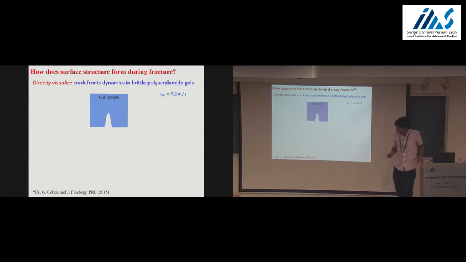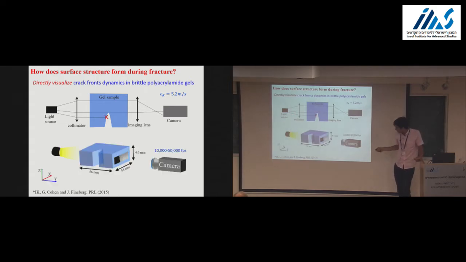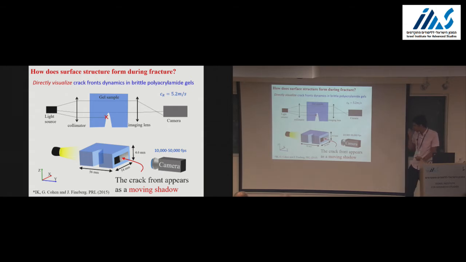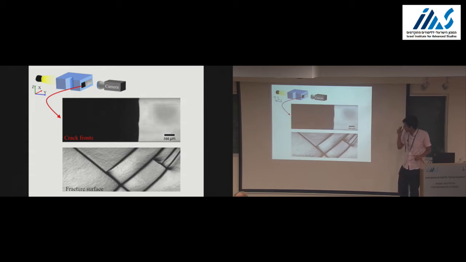In an experiment, we take a gel sample, we insert a seed crack, and we shine light through the sample. What happens is that if the material is intact, the light just passes through. And if the material is broken, light gets scattered away. And what we get is a shadow image where the crack front is the boundary between the shadow and the illuminated frame. Here's a typical movie showing a propagation of a crack front while forming